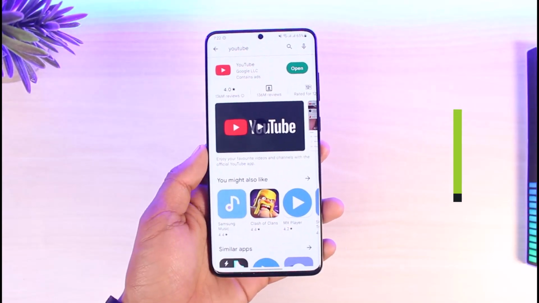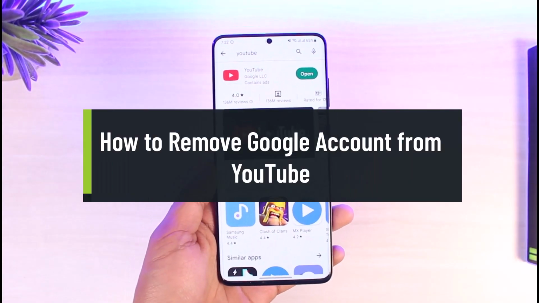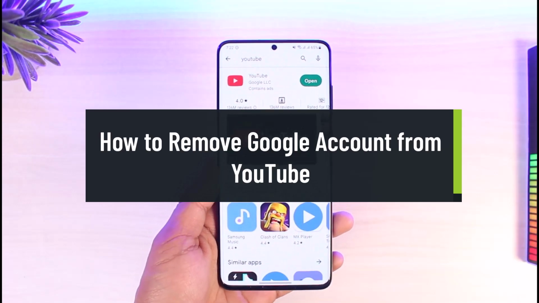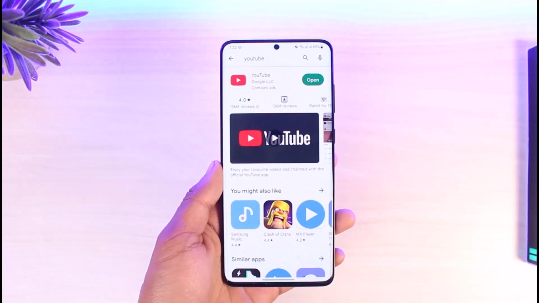How to remove Google accounts from YouTube. Hi everyone, welcome back to our channel app guide. In today's video I'll show you how you can remove Google accounts from YouTube, so make sure to watch the